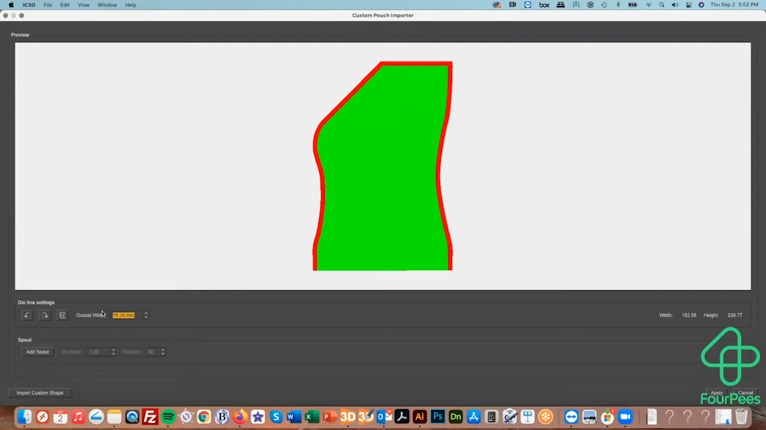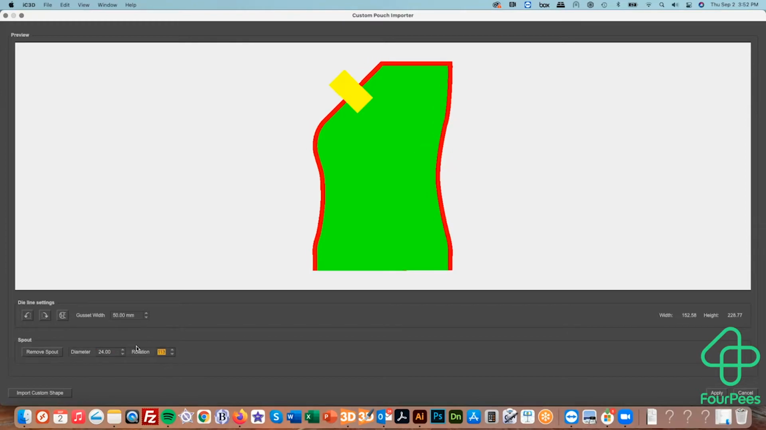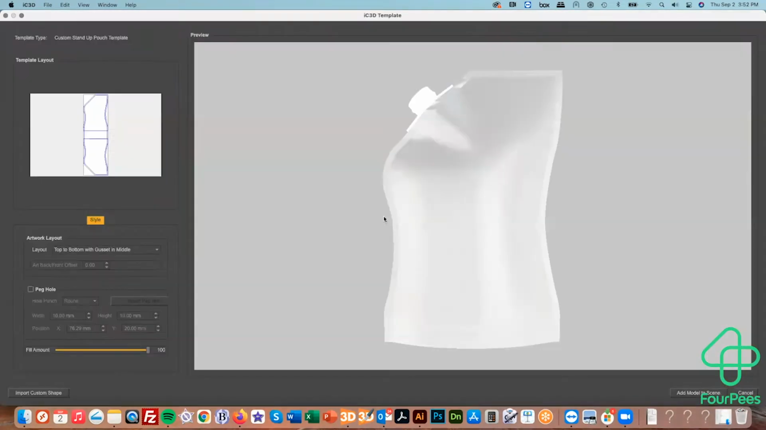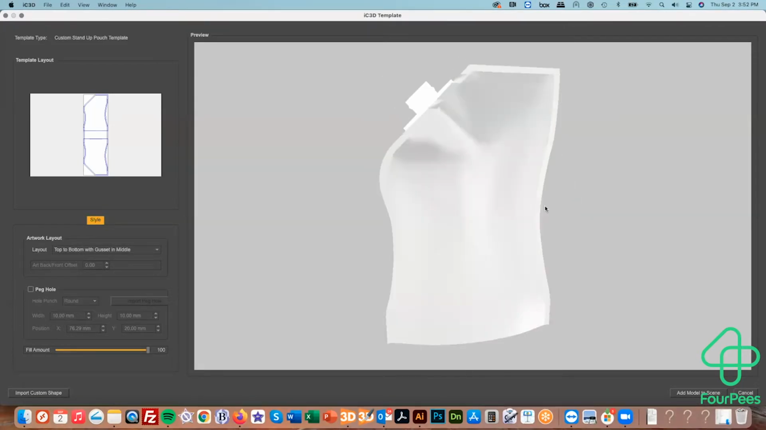We put in our gusset width, whatever that is on our artwork or CAD file. If it's a drink pouch, we can add a spout. We can put it at any diameter, and we can position it wherever we want and move it around. I'm going to place it right about here. Once you've done that minimal work, you hit the apply button, and iC3D will then generate the model for you on the fly and give you a few further options to add into that